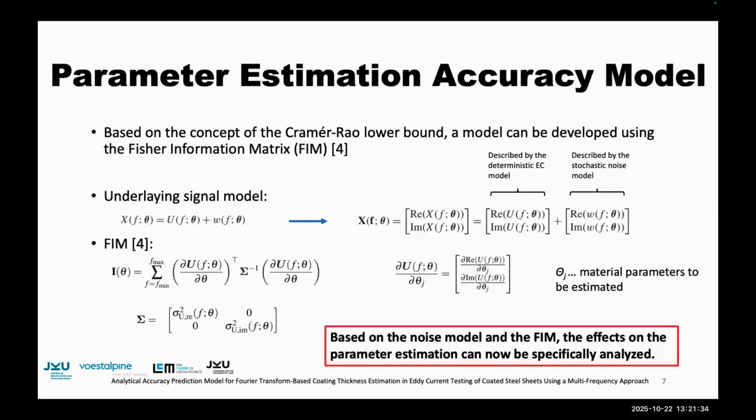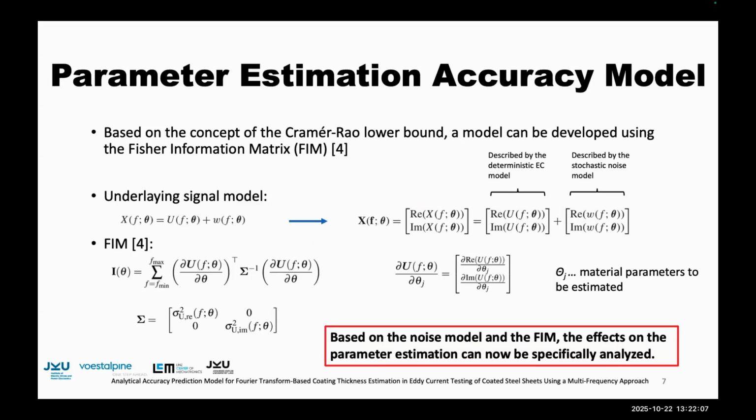Now I come to the parameter estimation accuracy model. The Fisher information matrix is a key concept in statistical signal processing. It measures the sensitivity of the likelihood function to changes in the parameters of the model. In my work, I'm applying the Fisher information matrix to frequency discrete and complex data. Furthermore, it can be used to get a lower bound for the variance of an estimator. Therefore, a signal model is necessary,